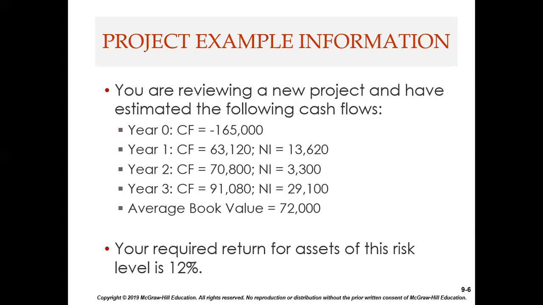First of all, if we're requiring a rate of return of 12%, take the 63,000, we're going to go into our finance calculator. N is 1, so it's the end of year 1. We're going to have a 63,120. I is 12%. We're going to calculate for present value. Future value, 63,120. We're going to go back to present value, alpha, enter. So the present value of that future outflow will be